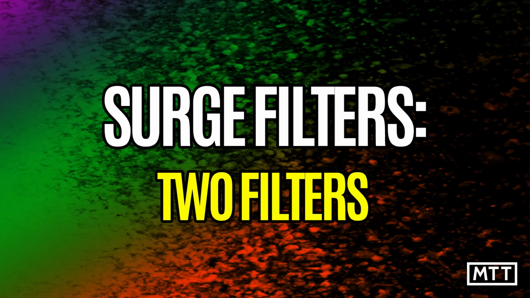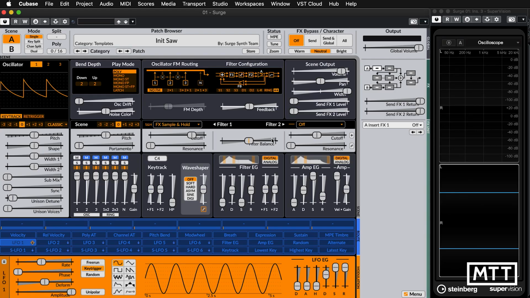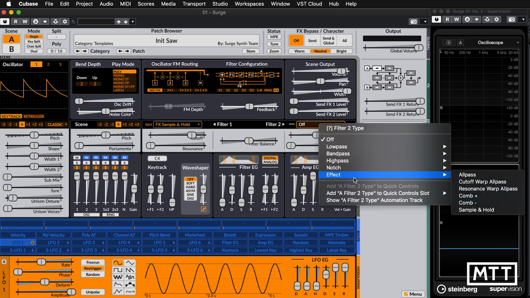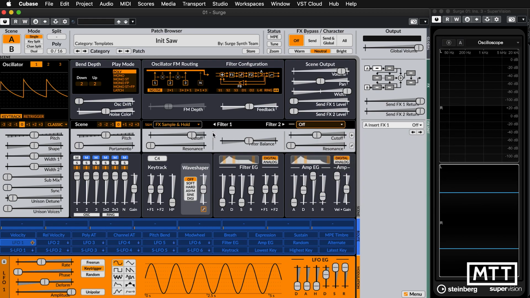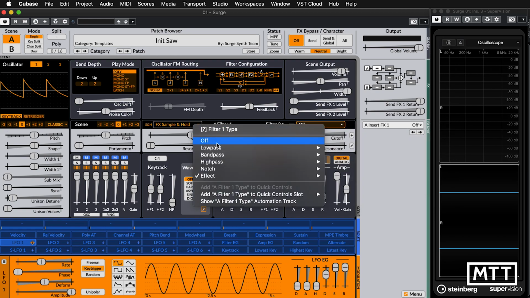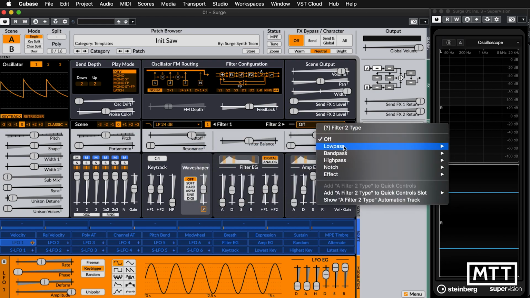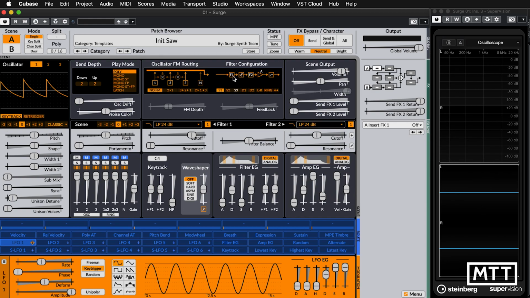So next up, let's take a look at what you can do with two filters at the same time. Surge has two filters, and as we can see from this list, they are identical. So they've got the same choices here. But what's really useful about this is, firstly, you've got two filters to play with. So if you want to do something extreme, so let's say we got low pass 24, let's put another low pass 24 on here, and then let's put them in series. So I've changed to S1 here just so it shows it's totally simple. So F1 goes into F2. And if you put them to similar settings,